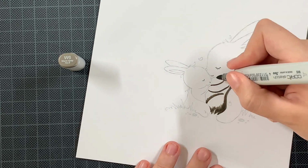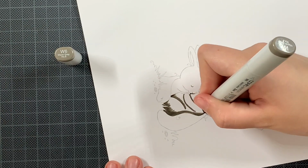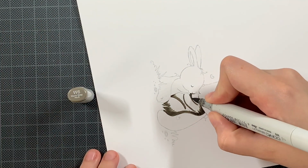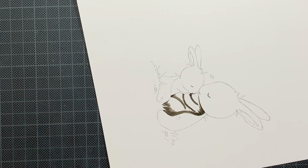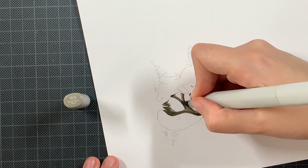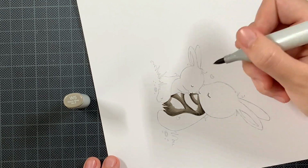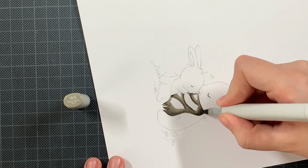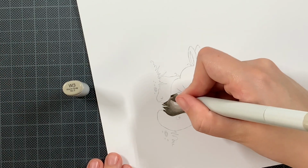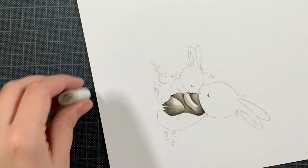Really simple coloring, but it is no line, so therefore I'm really taking my time to trace those lines where I want my shadows to be, flick a bit already, and just work my way towards my lightest marker to get the end result that I really like. So I'm doing that, and sometimes a no-line coloring version can be really tricky. I must admit that, but I cannot resist it since the end results of no-line coloring are one of my favorites. So I tend to go for images that are quite simple,